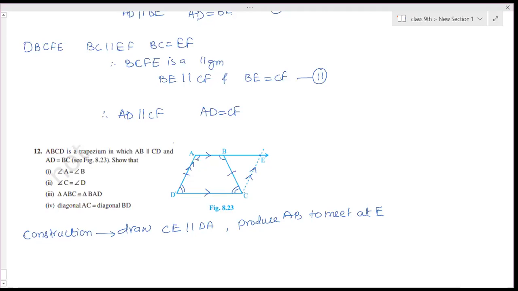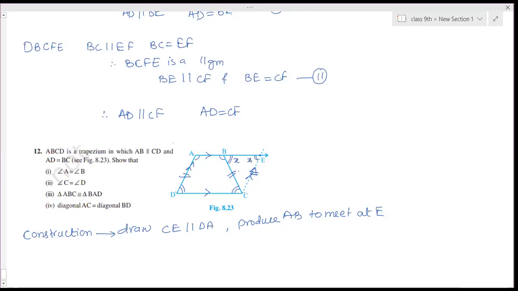Now we have given AD. Now this is a parallelogram, so opposite sides will be equal. So AD is equal to CE. AD and CE will be equal, but we know that AD and BC are equal. So in triangle BCE, CE and BC are equal to each other. Yes, ma'am, I agree. We have proved AD and CE equal because opposite sides of parallelogram. So therefore in triangle BEC, CE and BC are equal. If these two sides are equal, then this angle and this angle are equal.